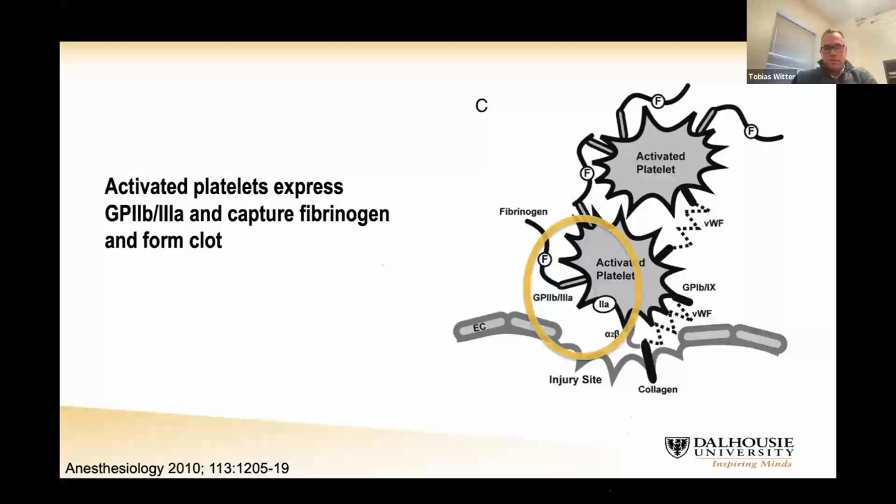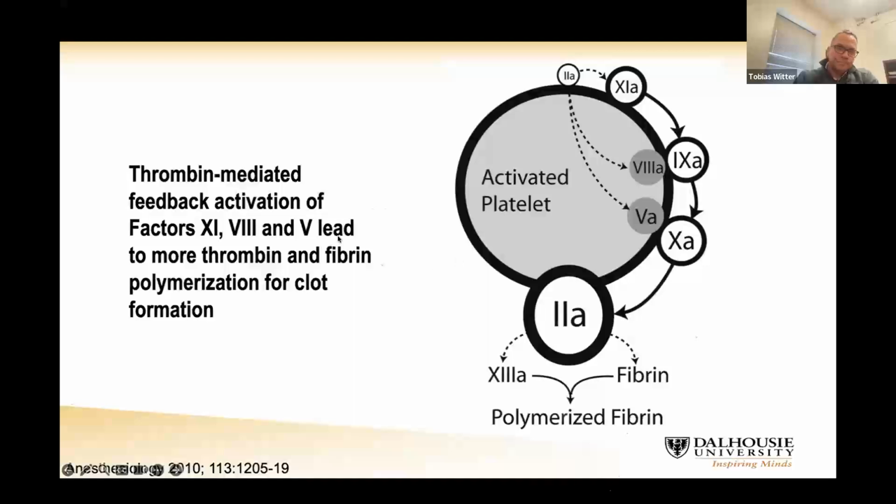Intrinsically, also mediated by activated thrombin, we have an escalation cascade. So a little bit of thrombin activates 8A and 5A, and at the same time 11A, 9A, 10A. That leads to a huge amplification of thrombin, and then thrombin splits fibrinogen into fibrin and makes sure that the clot is getting stabilized and firm. So that's what usually happens.